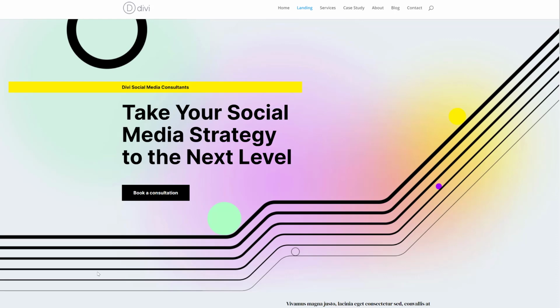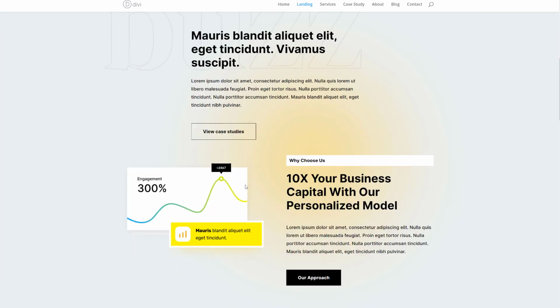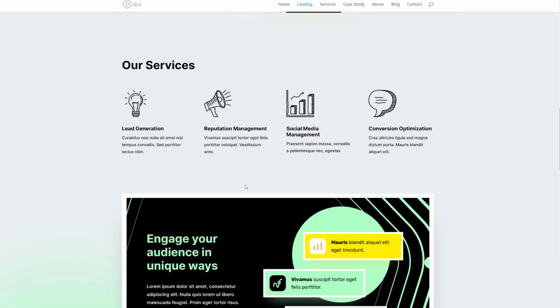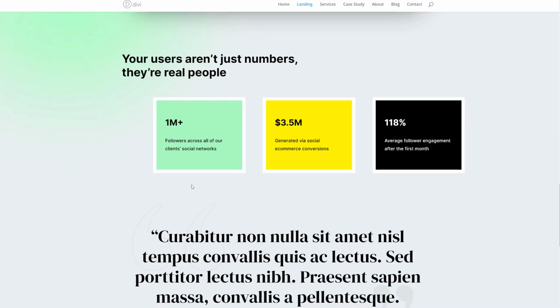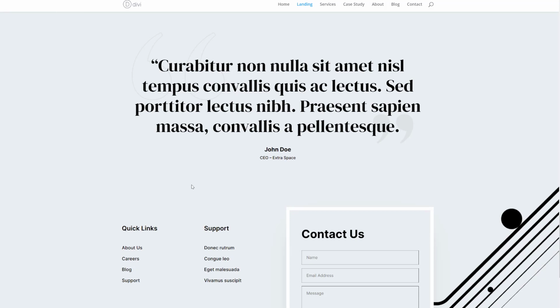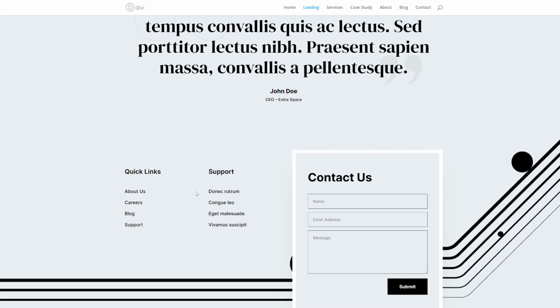Alright, so let's take a quick look at the social media consultant layout pack for Divi. So this is the overall look and feel that you can expect from it. Really clean, modern. You have this beautiful background image going on, and this is just a very beautiful layout pack to use for any kind of creative business that you might have. So if you want to lay your hands on this beautiful layout pack, go to